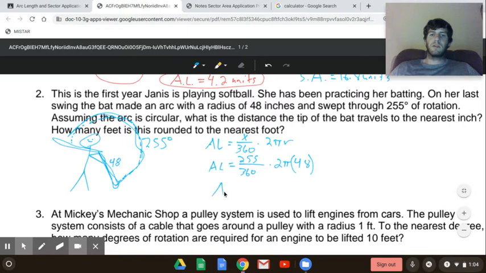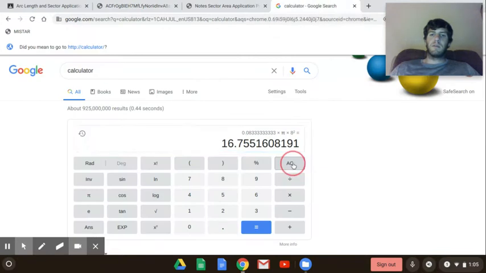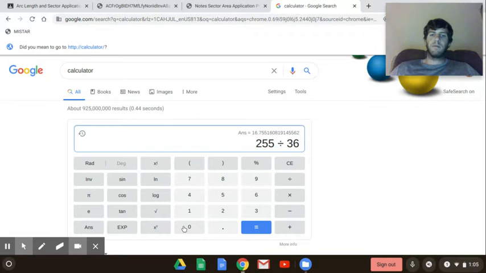Then we put that in the calculator: 225 divided by 360 times 2 times pi, and then times the radius, which was 48 inches,